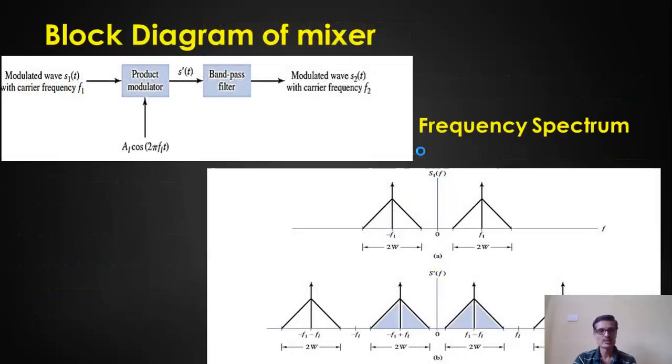Now just look at this. I have a product modulator over here, followed by a band pass filter. As I told earlier, a mixer consists of a product modulator and a band pass filter. So these two circuits are used to translate the frequency in the upward direction or maybe in the downward direction. As I told, I have a modulated wave, let us say S of t or S1 of t, with the central frequency of that modulated signal being f1 hertz. That signal, which I represented in the frequency domain, is a modulated signal, and this is the input, given to the product modulator.